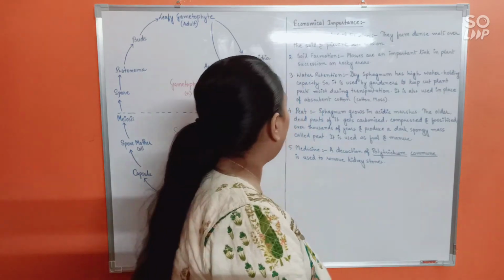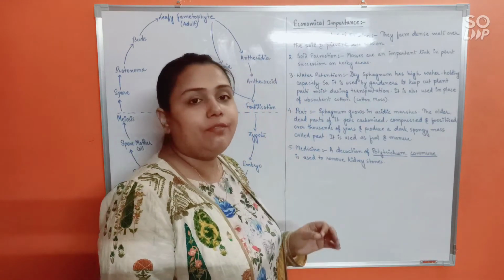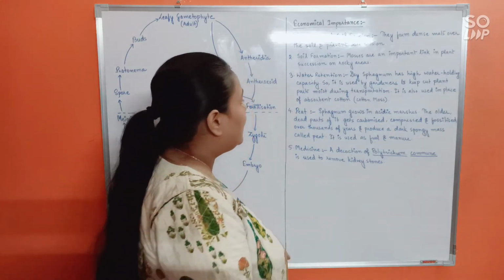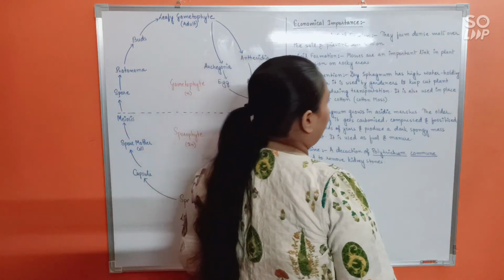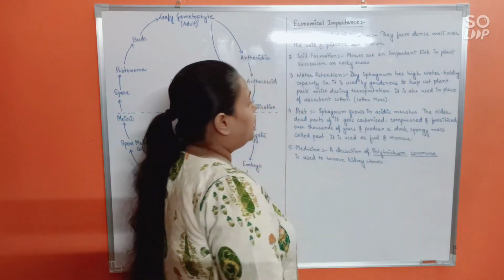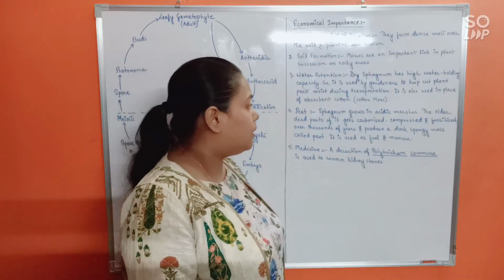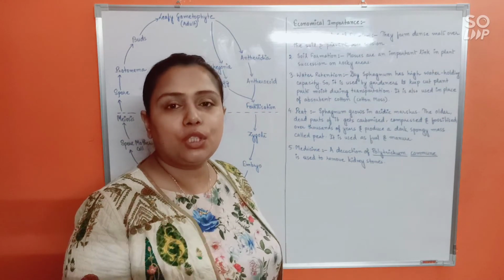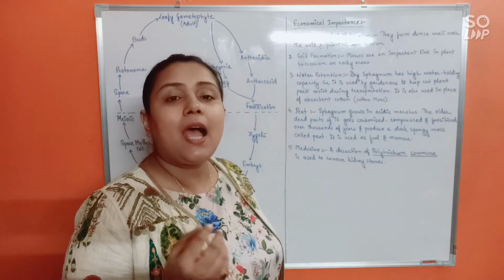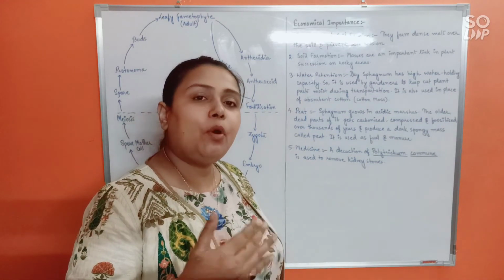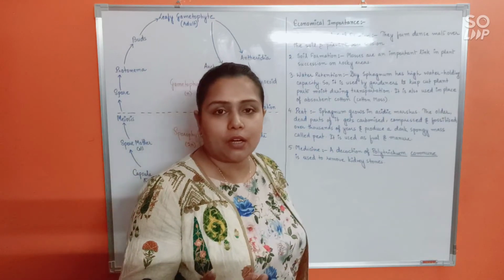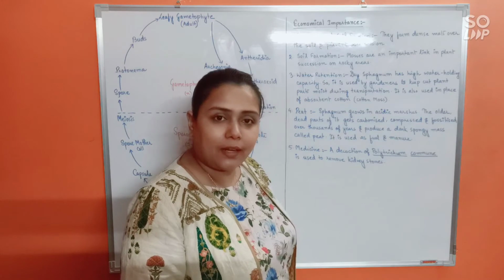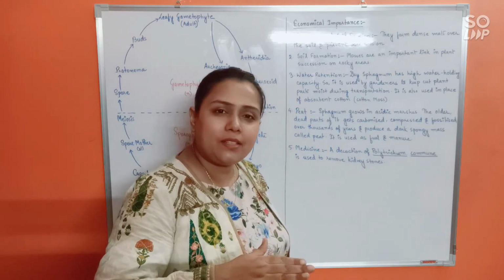Alright. Now, peat, very, very important, and this is also associated with sphagnum. See, sphagnum grows in acidic marshes. The older dead parts of it get carbonized, compressed and fossilized. Why? Because it is antiseptic in nature, so it doesn't rot or decompose that fast. As it does not decompose, it will keep on accumulating in the acidic marshes, one layer after another, isn't it? So the lowermost layers are continuously getting compressed, right?